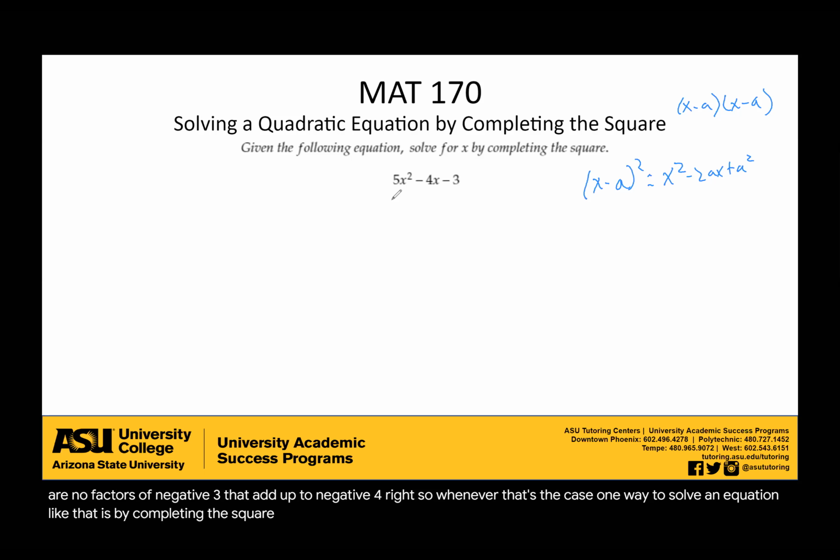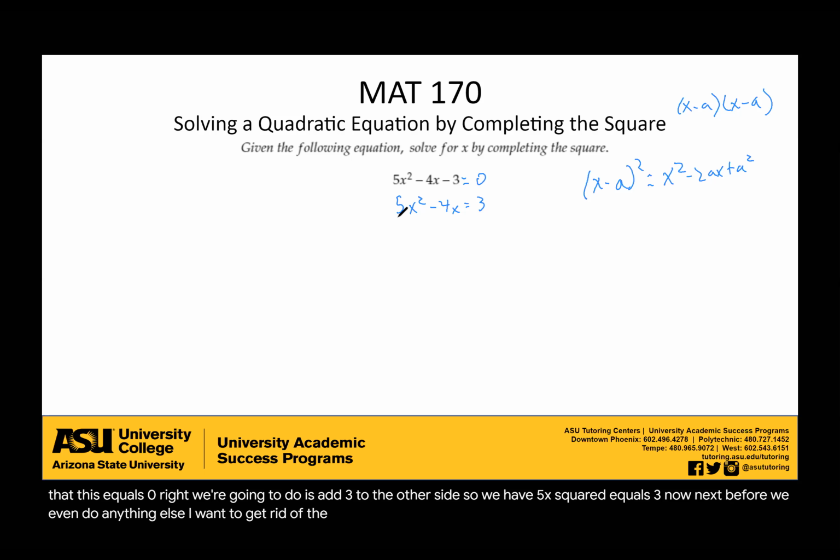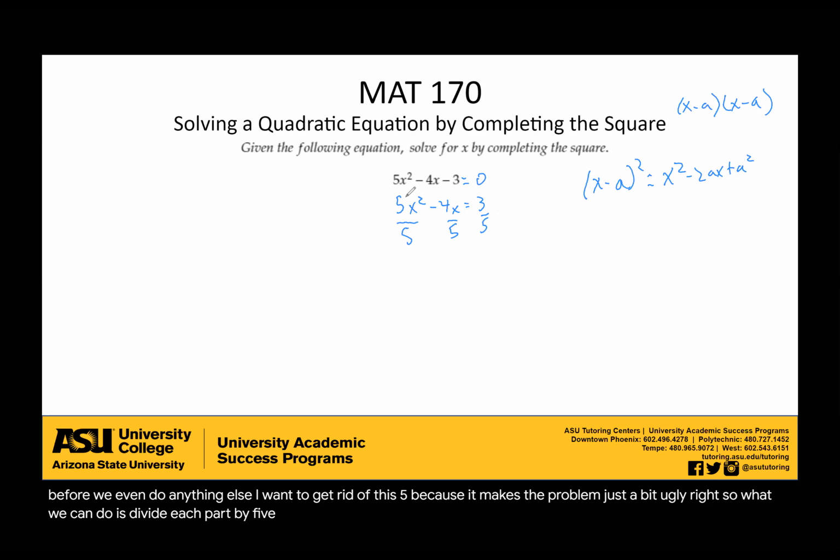To get things started, first remember that this equals 0, right? And what we're going to do is add 3 to the other side. So we have 5x squared minus 4x equals 3. Next, before we do anything else, I want to get rid of this 5 because it makes the problem a bit ugly. So what we can do is divide each part by 5. So those 5's go away. We're left with x squared minus 4/5 x